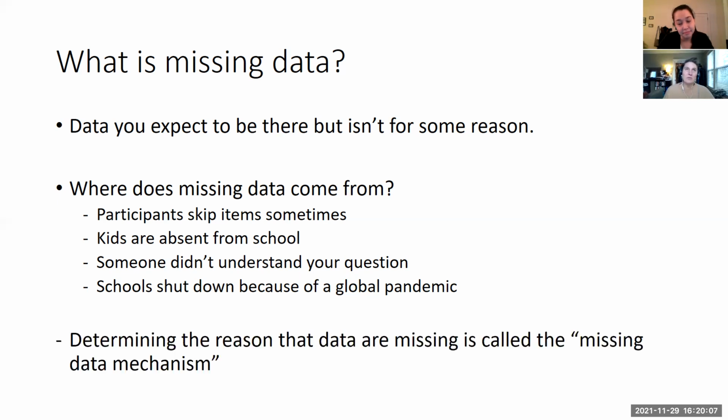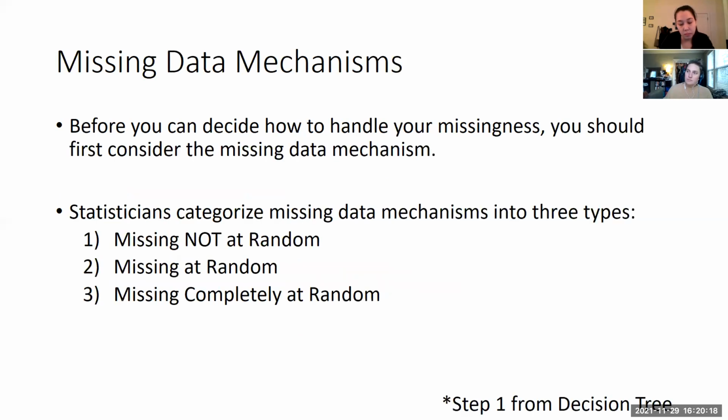Now, what we're going to talk about today and what a lot of your readings were about are the missing data mechanism. So it's determining why the data are missing. Before you can decide how you want to handle your missing data, what you want to do about the fact that the data are missing, you have to determine what is the reason that the data are missing. So what statisticians have done is they have invented the three worst